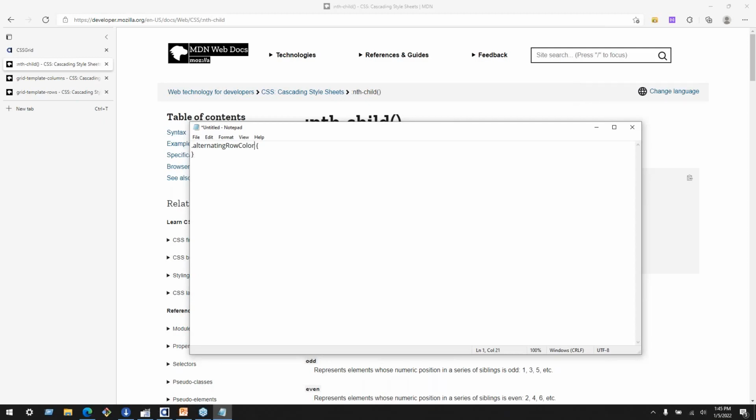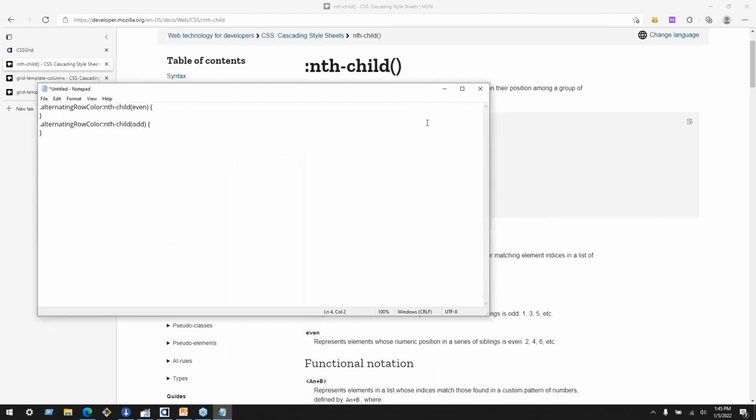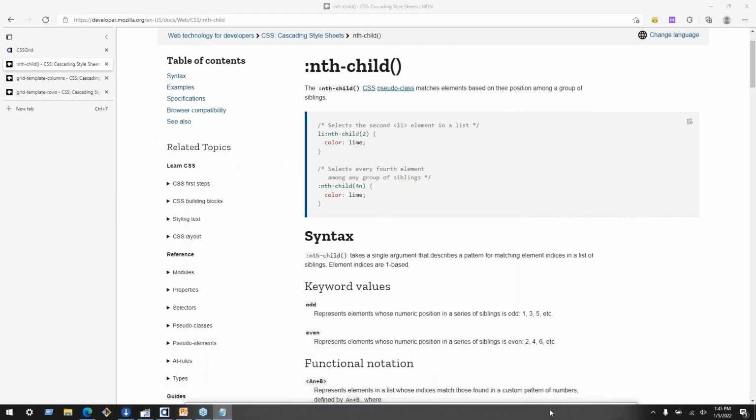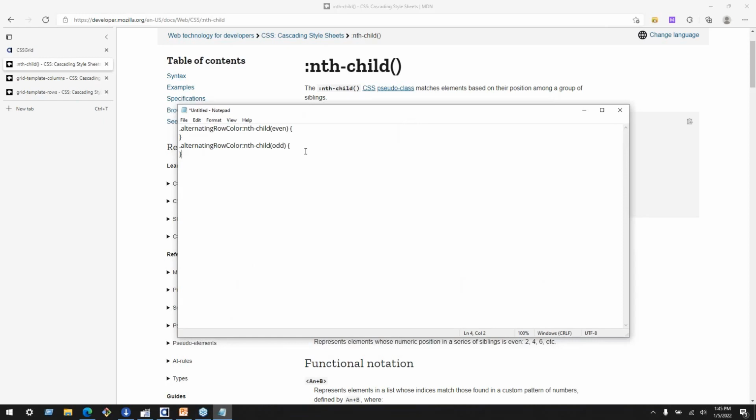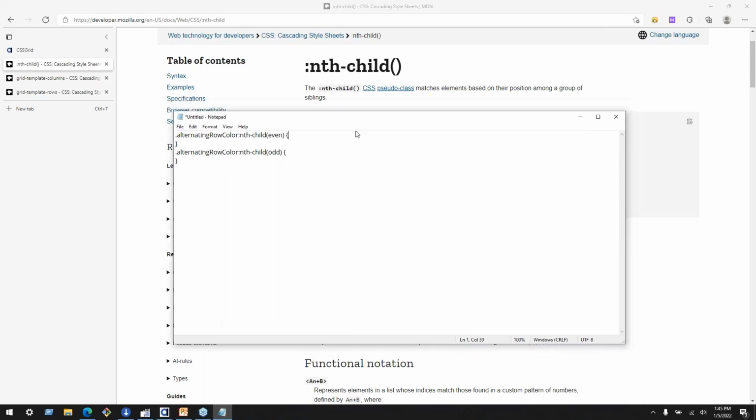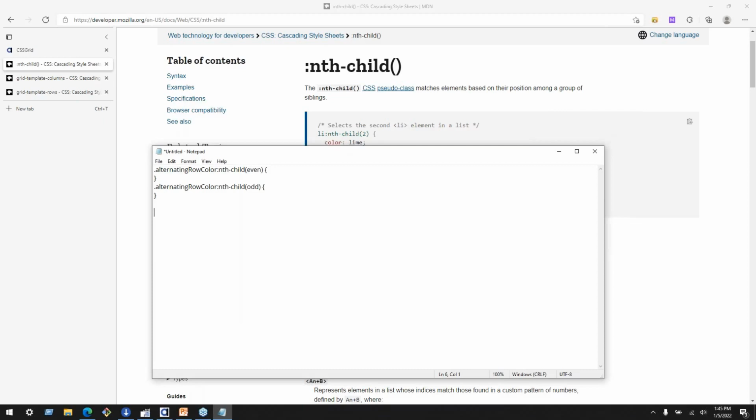And in here you would use colon nth child even for even rows, and odd for odd rows, and that's going to be some count based on wherever it starts. I don't know if row counting starts at 0 or 1. It starts at 1, so the first row would be odd, the second row would be even. But you use this to set up your color definition, and then the third piece of that would just be to make sure that your hover background color